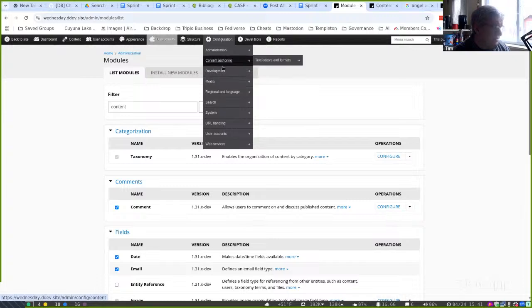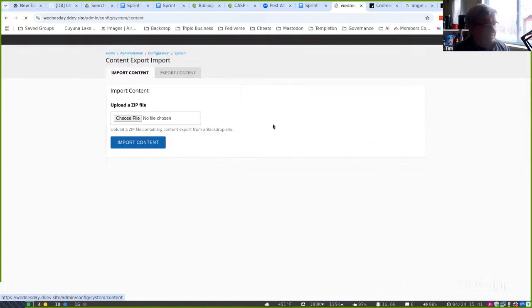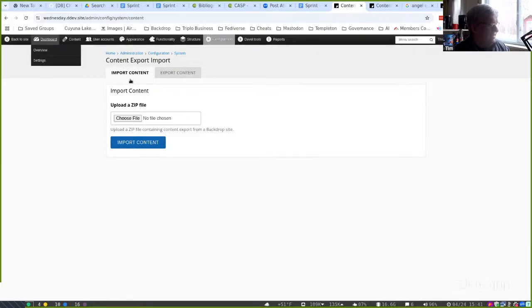Development, media, where does it show up? System, there it is, under system. I don't know if that's the best place for it. We might want to move where that is, but basically if you go to the content import export,